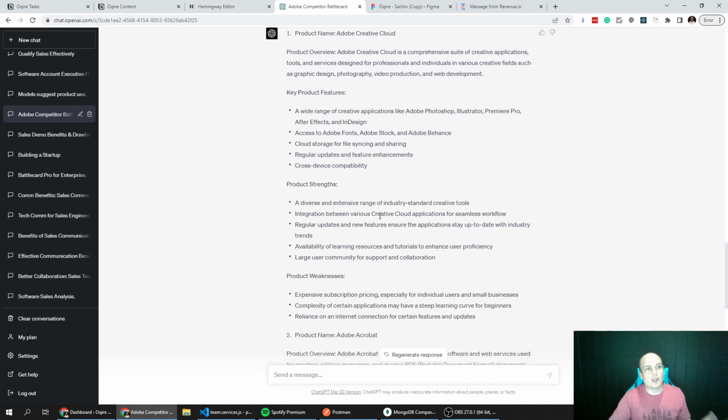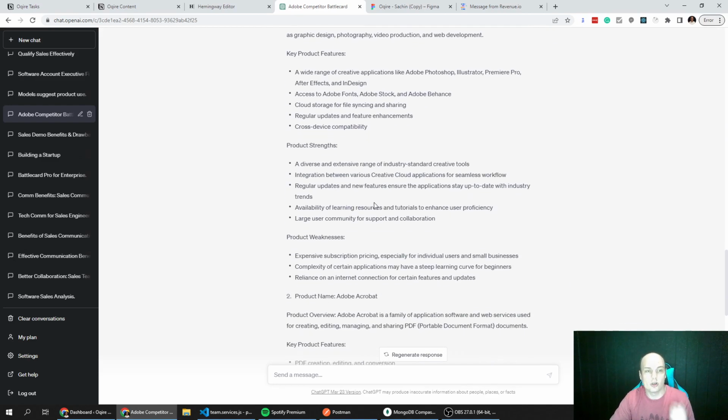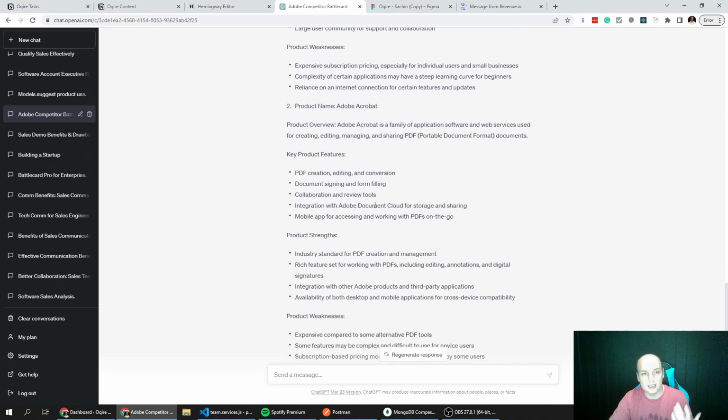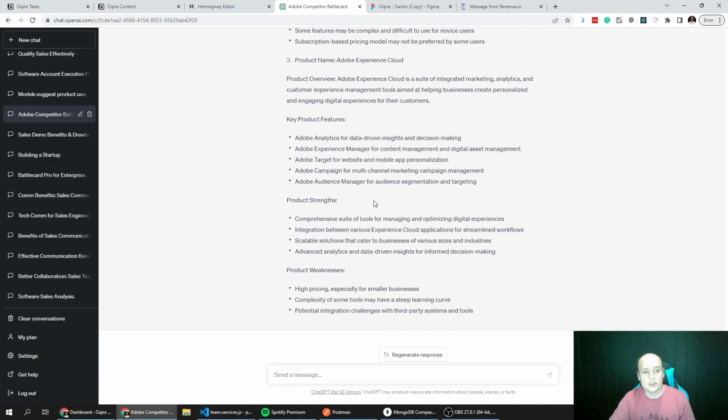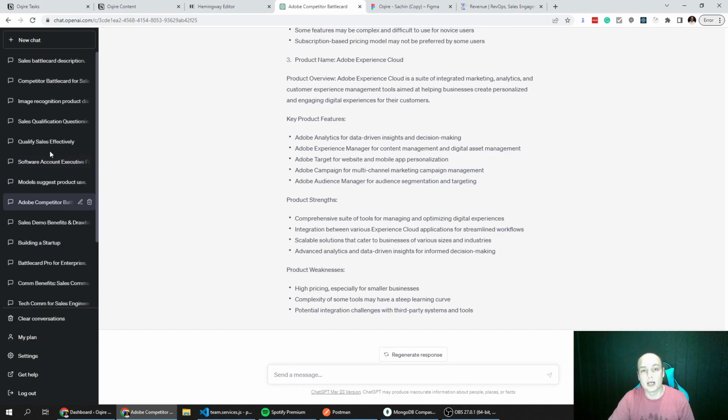So now I could just take this, cut and paste it into a Word document, and send it to my designer and say, "Hey, can you please just use this as some dummy data? It's about the length that I would expect when someone's creating a battle card using Oqire," and it just made their whole design process that much easier.